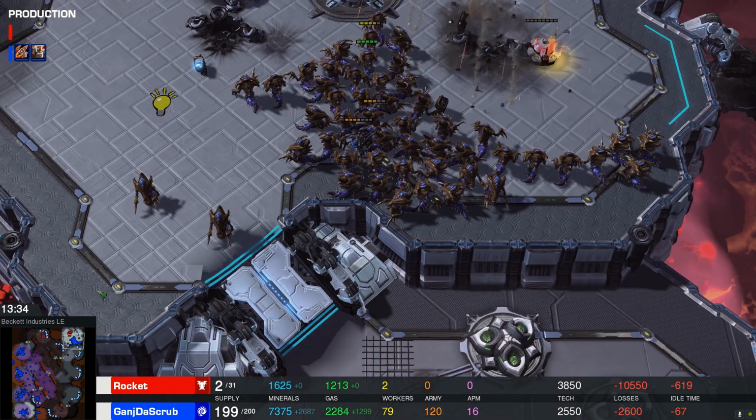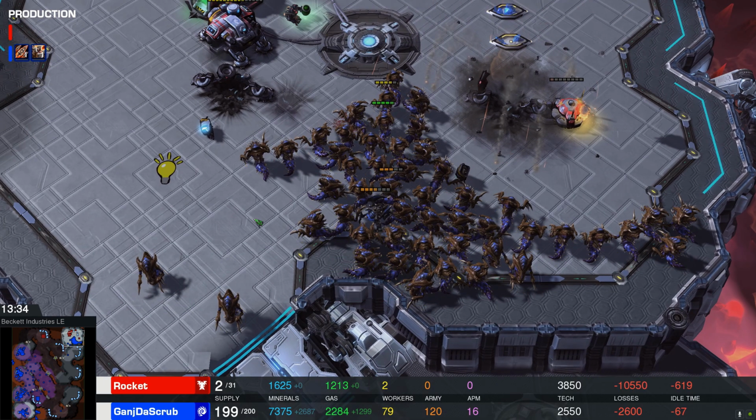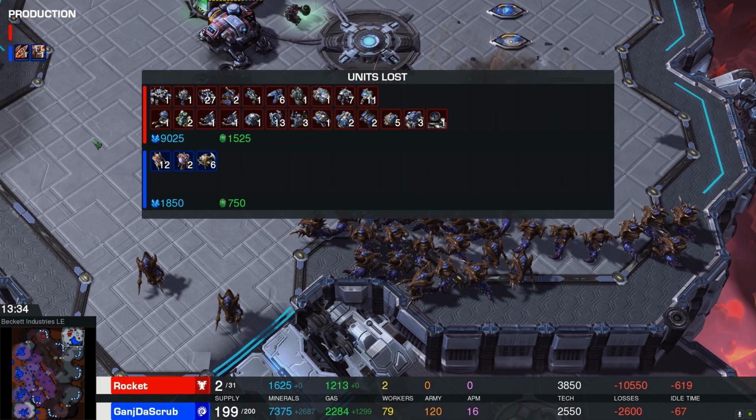He had 7 Roaches forever. And that was it. So, end of the day there, resources lost is a full 10,000 for Rocket and 2,000 for Mr. GanjDaScrub. Brutal. Brutal if I've ever seen it there. 6 Roaches died. So all but one of the Roaches died and 12 Hydras went down, and that's it. No buildings,